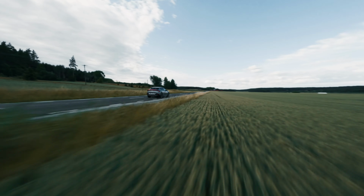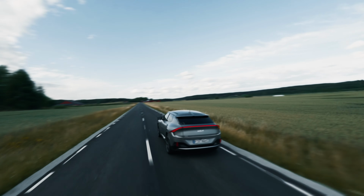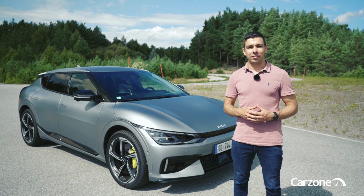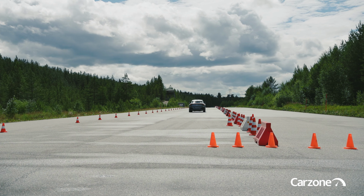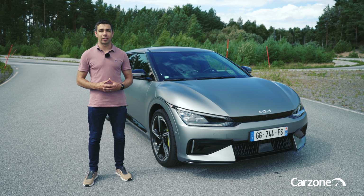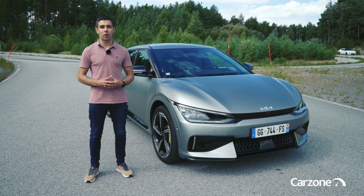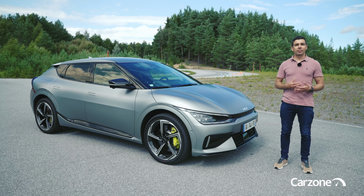This is one of the fastest electric cars that you can buy right now, and no, it isn't a Tesla. It is, of course, Kia's new performance electric car, the EV6 GT. With 585 horsepower, it is the most powerful Kia ever built, and it matches up to cars like the Audi RS E-Tron GT and the Tesla Model S in terms of performance. But how does it drive out on the racetrack here in Stockholm? In this video, we'll take a look inside and outside the EV6 GT and tell you what it's like to